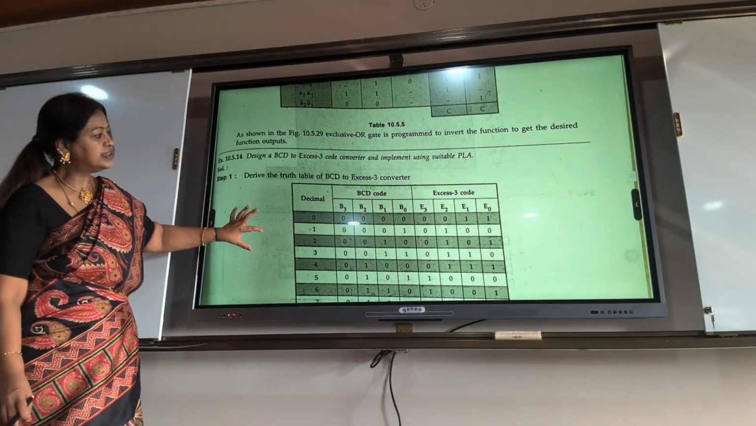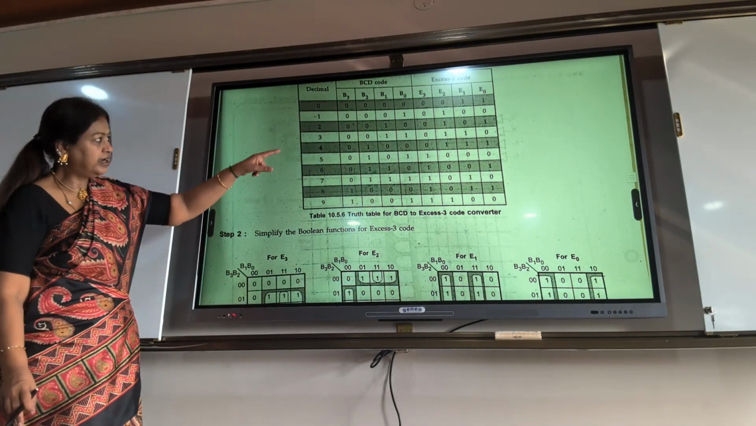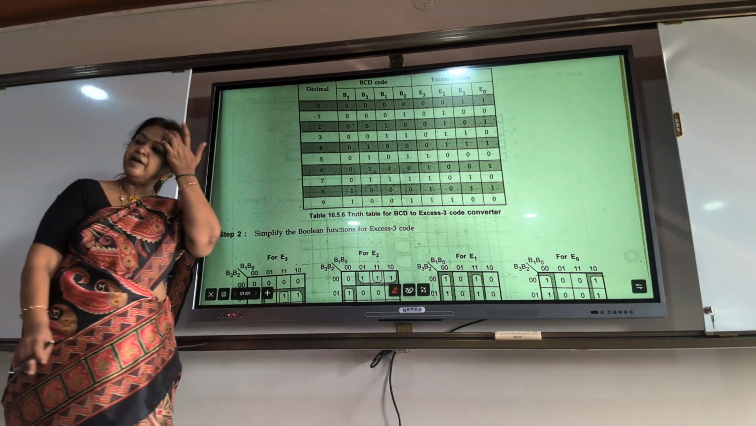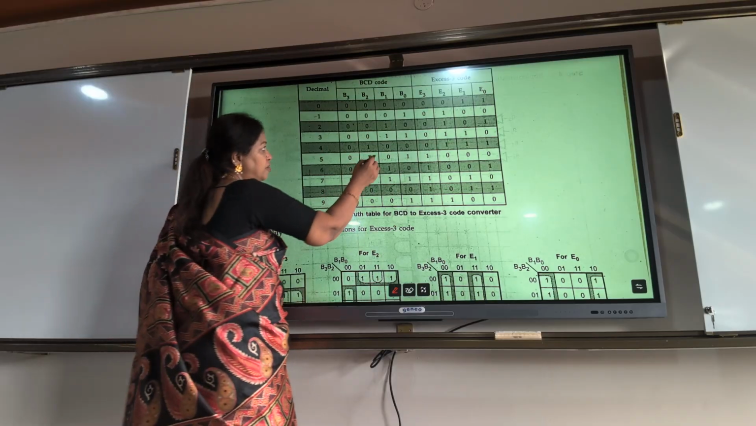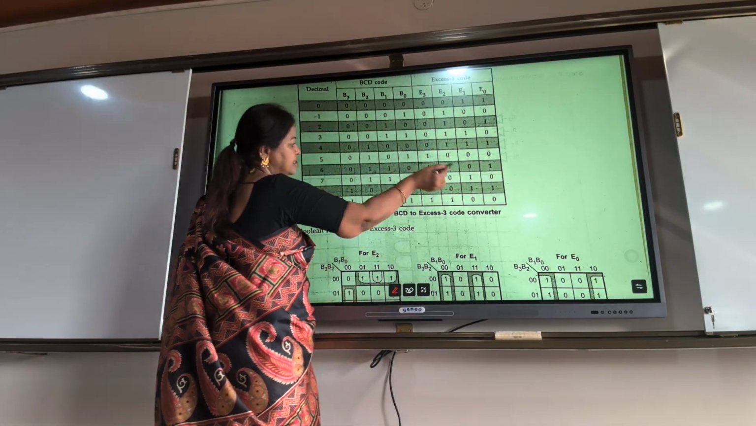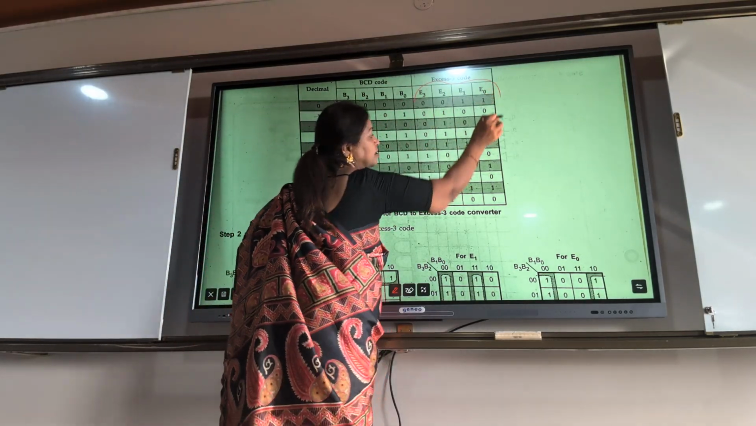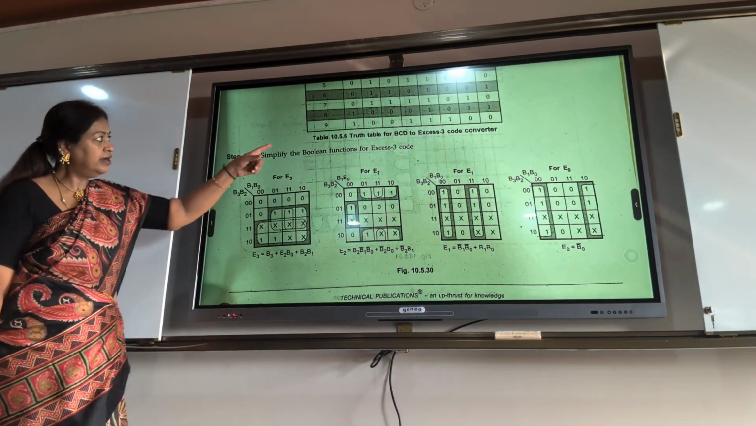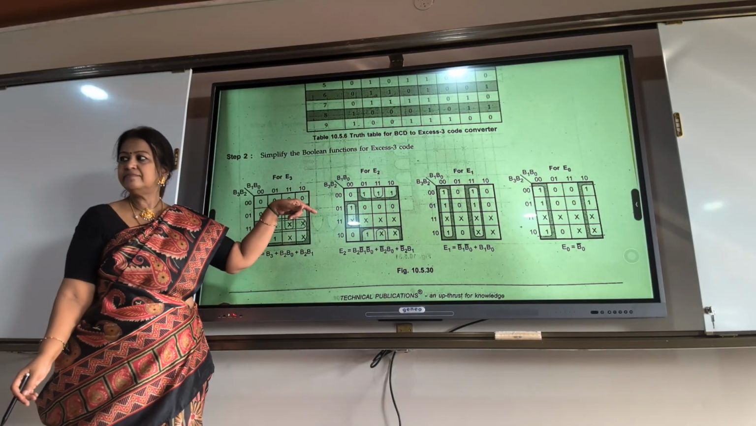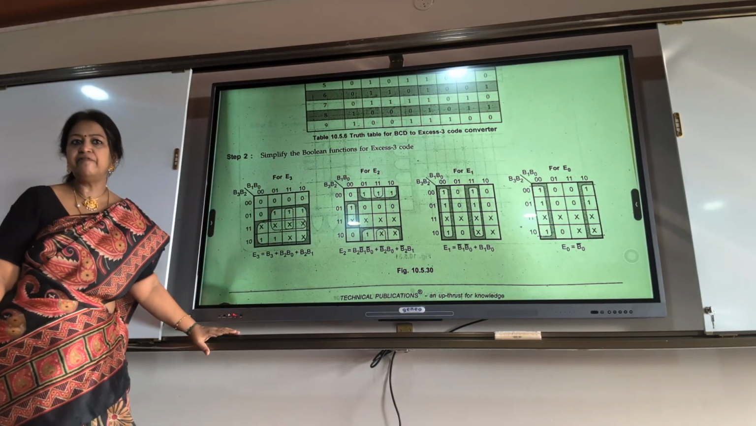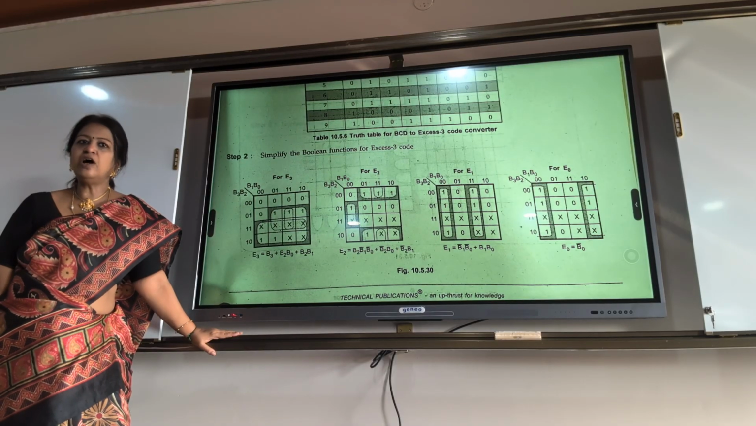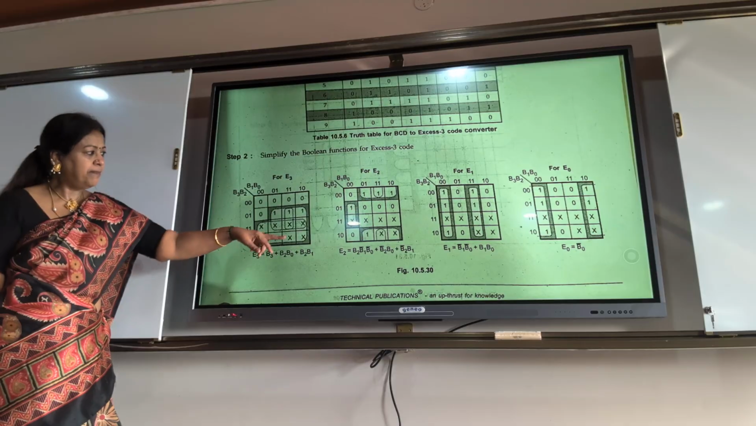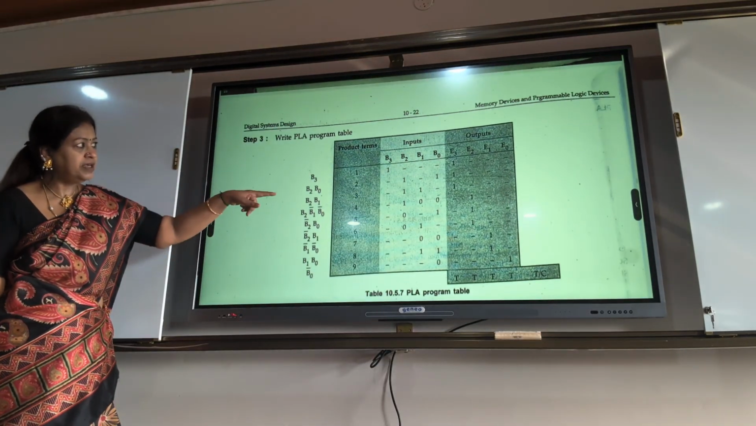Now BCD to XS3. Again you have to draw the K-map. BCD means 0 to 9. So for 0 to 9, you have to write the corresponding XS3. So you will have 4 outputs. For 4 inputs, 2 power 4 gives 16 combinations, but you can use only 0 to 9. The remaining are don't cares. Map it, get the equation product terms, write the PLA table,